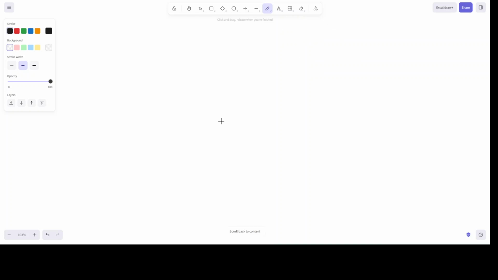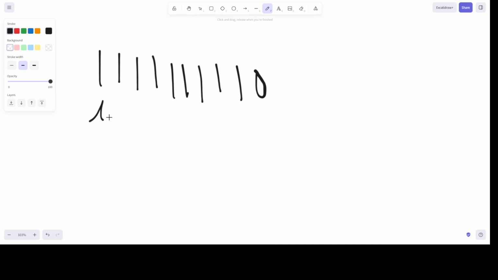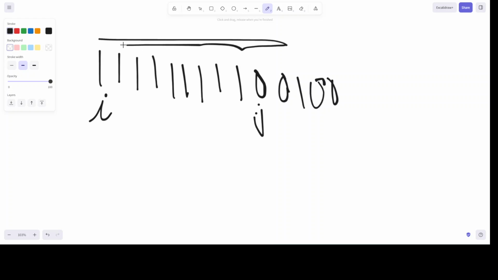So let's take some example. Let's say I have 1 1 1 1 1 1 1, and then I encounter 0. I have an i here, I have a j here. Now here I can have whatever value, 0 1 0 0, right? Now let's see, how many are these? So these are 9 ones,